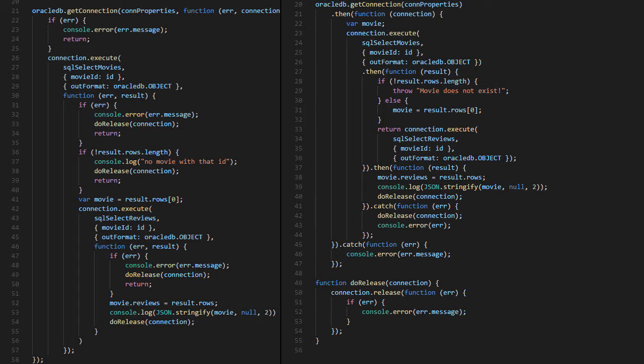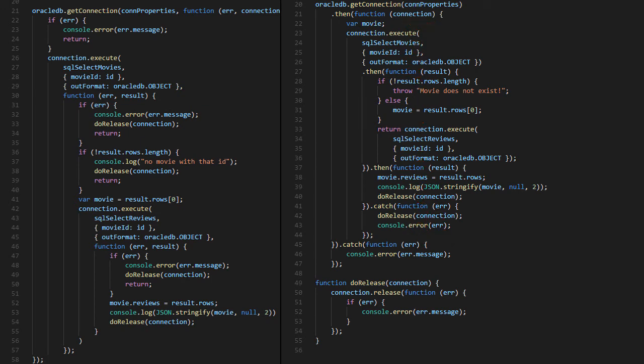That, by the way, is the same as the one in the select summary, and in fact, in most cases will be the same. Release the connection and log the error. What changes are the then functions that are used to chain the queries in the database. Note that the movie variable lies outside the promise chain. This is to make the movie variable available through the entire process of promise chaining, since you can only provide one return value and one parameter in the then function.